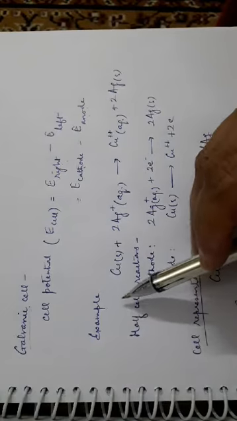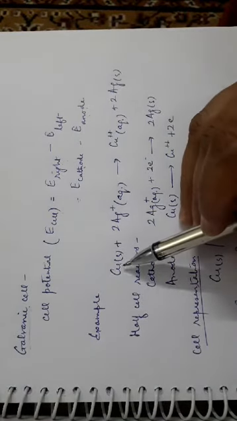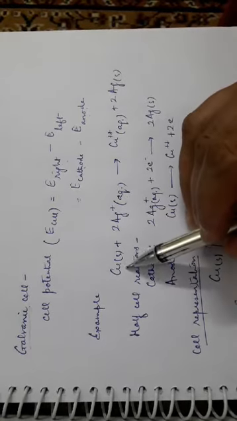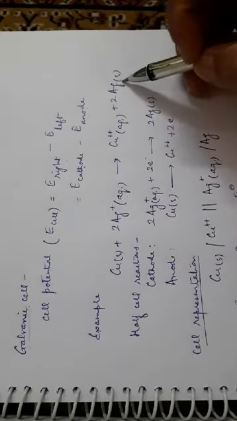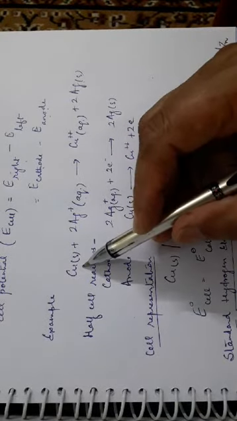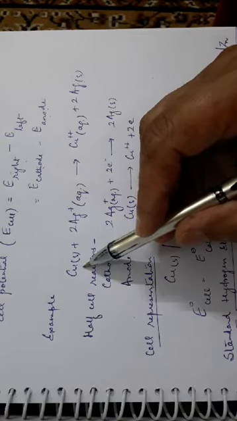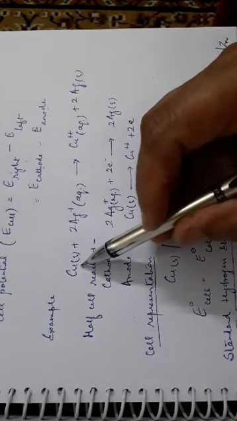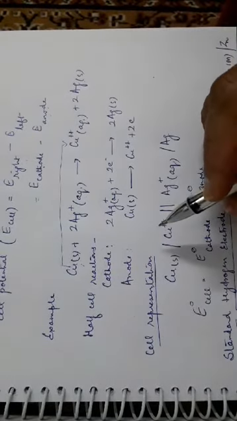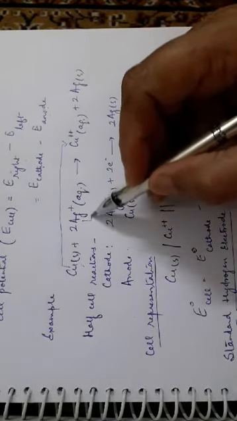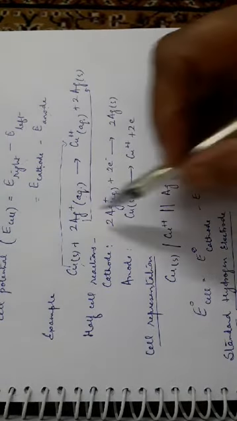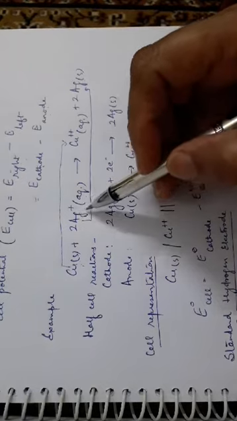Another example we are taking here is with two different electrodes, copper and silver. We can write the chemical equation like this. This is called a cell reaction. We can make out from the cell reaction itself which one is getting oxidized and which one is getting reduced. Copper, as you see in this case, is getting oxidized by the loss of 2 electrons. Silver ions are getting reduced to solid silver by accepting 2 electrons. That's why 2Ag plus is written.